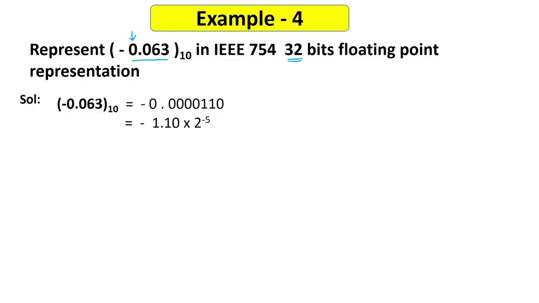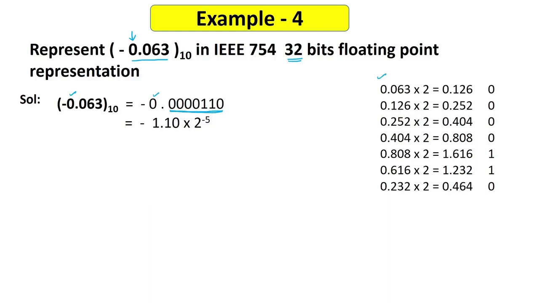So again, we will convert this number into the binary form. The integer part is 0, so it will be simply 0. Now this 0.063 can be converted to these bits. And how have I got these bits? Again, I have used these calculations. I have again multiplied by 2. Okay, I have got these things. So this 0 will be taken. Then 1.26 is multiplied by 2. I got this 0 taken here, and so on. Here you can see till this point I have got 0 only, right? Now if I take 0.8088 multiplied by 2, I got this thing, and this one will be taken for the answer. So same way, at last here I stop.